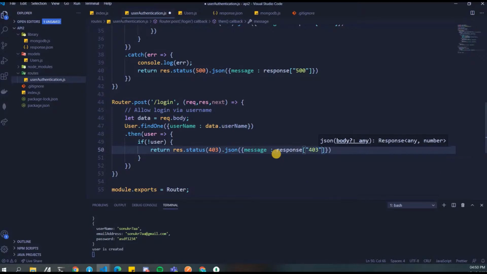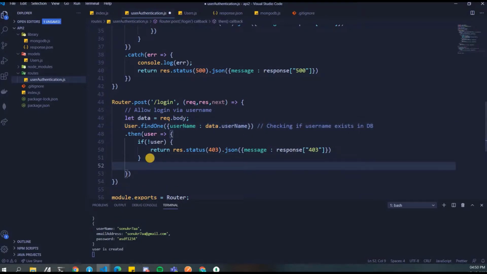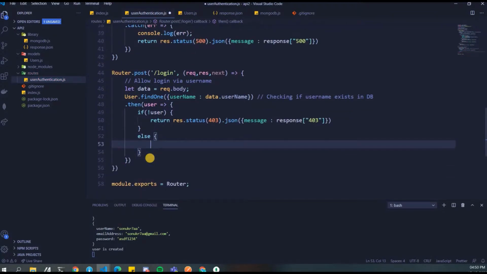Like that user is not there and someone is trying to log in. So it is all the assumptions that you take. So over here, let's just write checking if username exists in DB. Okay, now to the else part. Over here also we'll have two conditions, right? You can write both the conditions over here. There'll not be a problem as such. Let's just go ahead and write that.